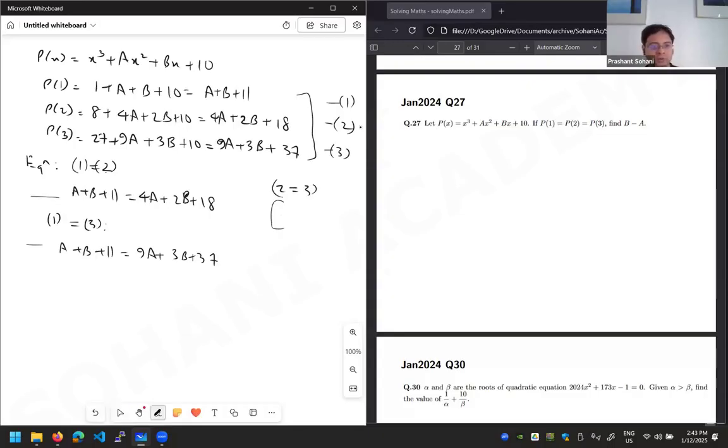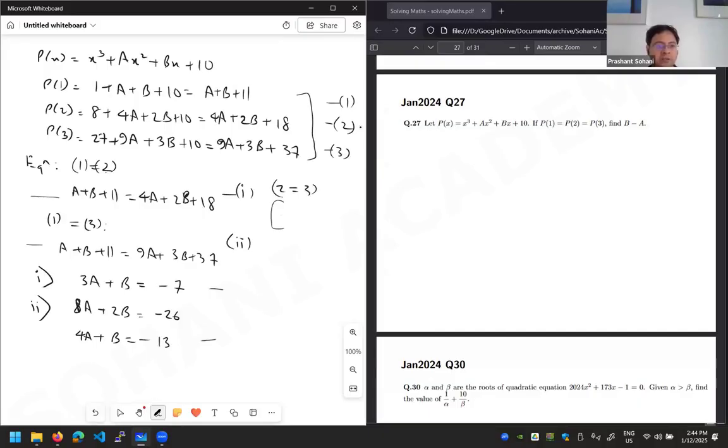So if we simplify these equations, I call them equation 1 and 2. Equation number 1, if I take everything to one side, is 3a plus b equal to minus 7, right? And equation 2 can be simplified as 8a plus 2b is equal to 11 minus 37, that is minus 26, right? Or if I cancel, I get 4a plus b equal to minus 13. So from this I can eliminate b by subtracting the first equation from the second one to get a,